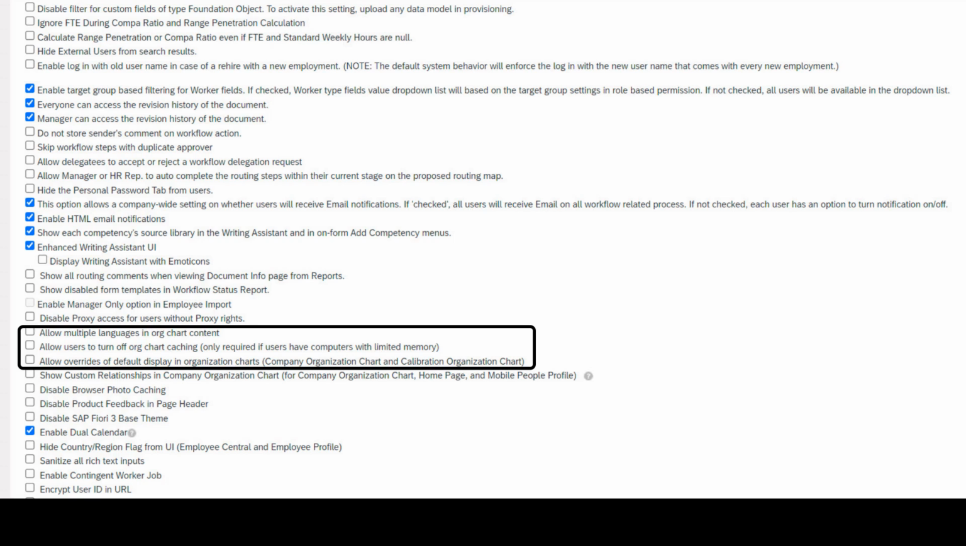Okay, these next three I want to talk about together. Allow users to turn off org chart caching, allow multiple languages in org chart content. I've never really actually used either of those two, but they're self-explanatory. This last one, though, I do want to talk briefly about, and that is allow overrides of default display in